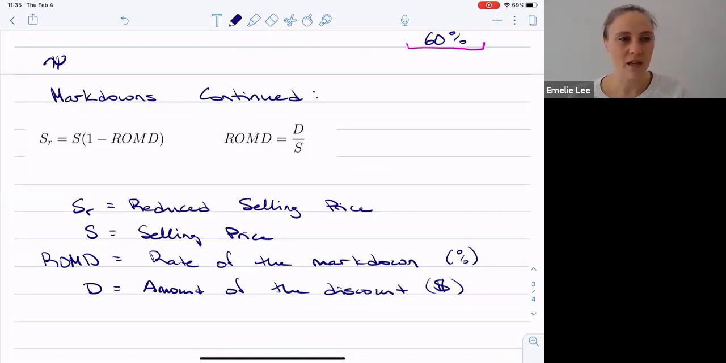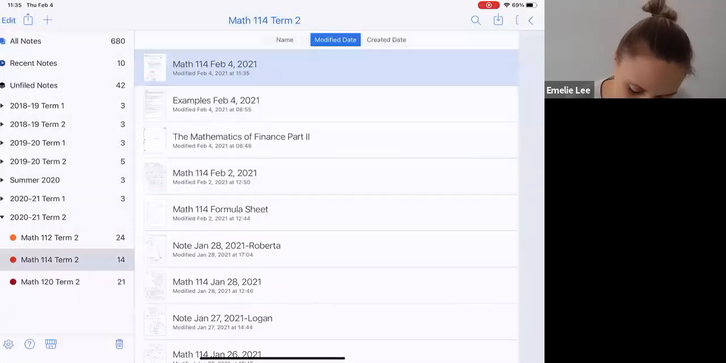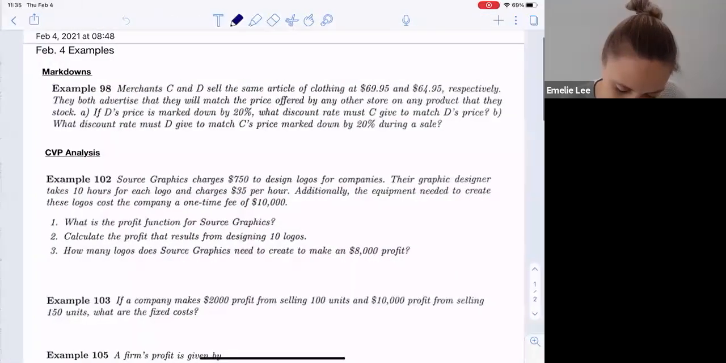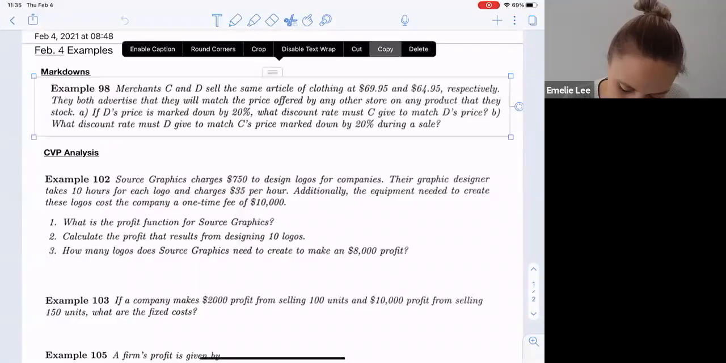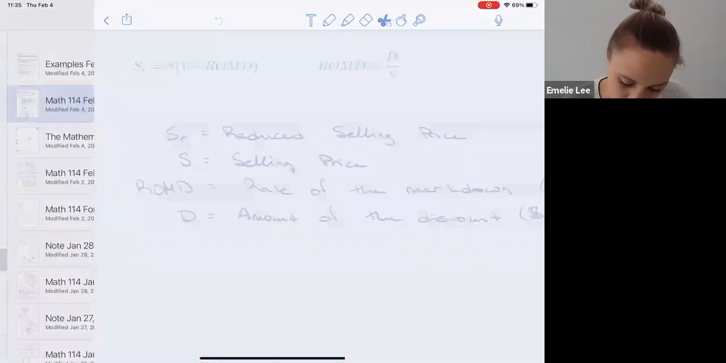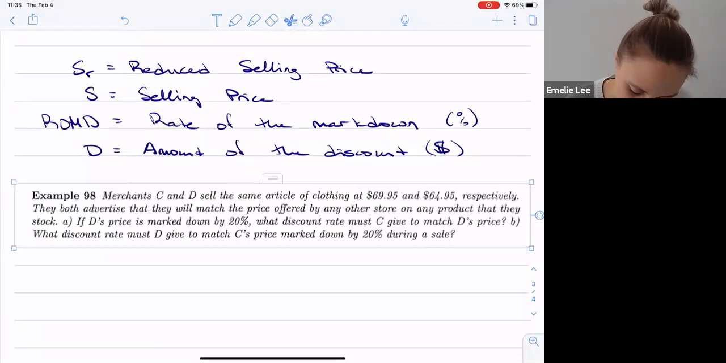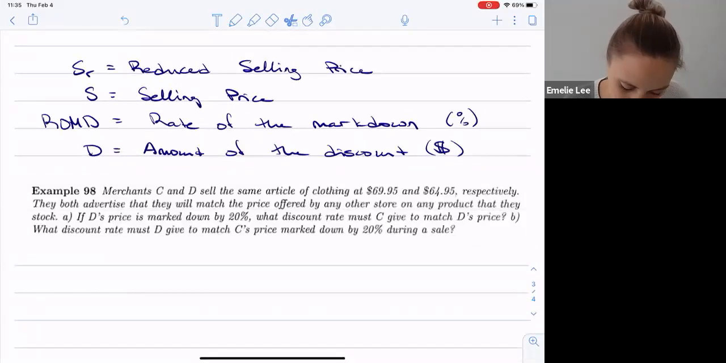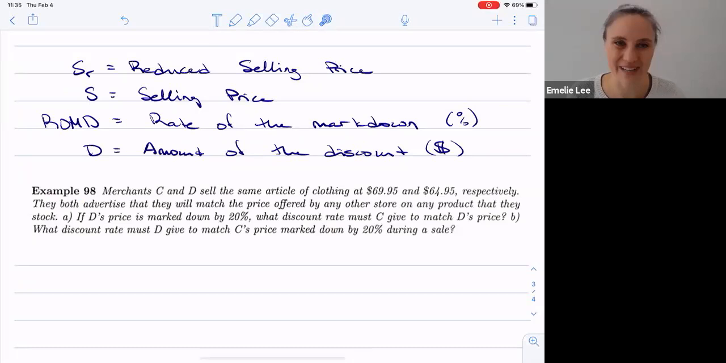So let's see here. I had one example from this section. I am cheating, I'm just pulling it in here, but it is just from your textbook, example 98. So you might just be able to say example 98 if you have your textbook handy. All right, so